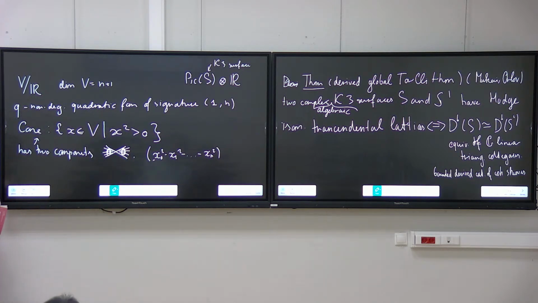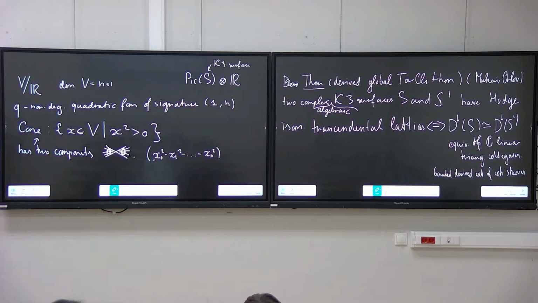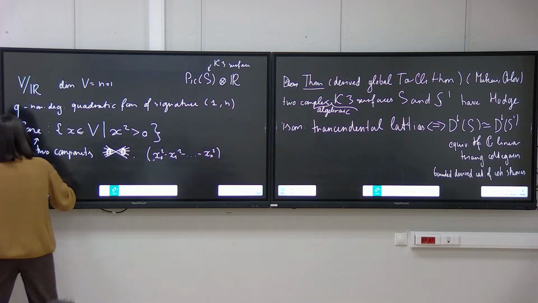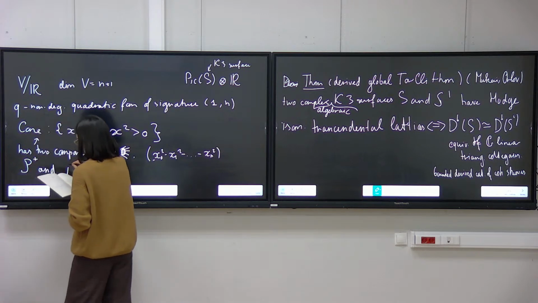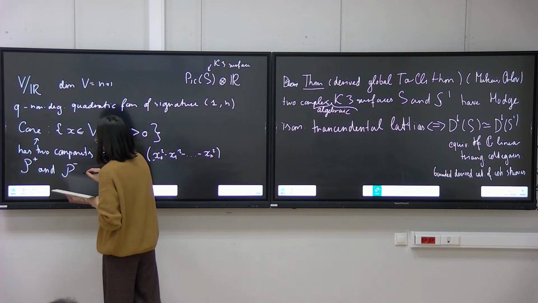And as a remark, instead of a K3 surface, we can take any projective smooth surface, but then we should consider the numerical group, because we have this theorem on signature just for numerical classes. For a K3 surface, we can just use the Picard group. Okay, so it has two components, plus and minus, and